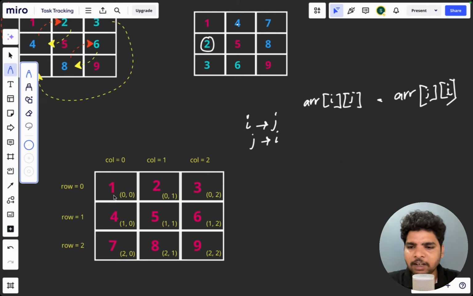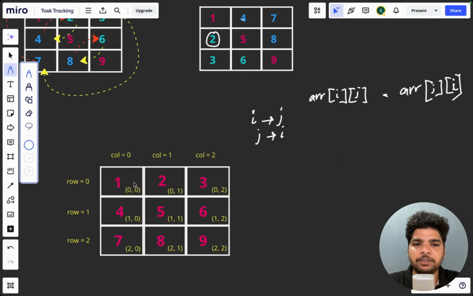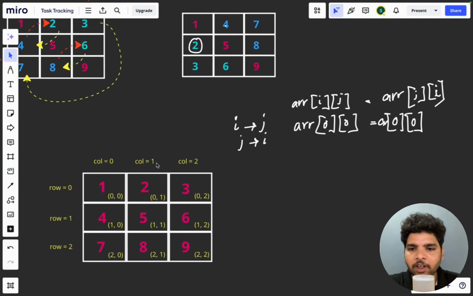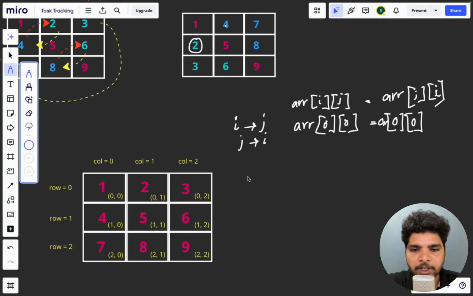Okay. Now let's see. I am at the 0 0 position. Now what will be the operation? arr of 0 0 will be arr of 0 0, because i and j values are the same. What I mean to say is, for the first row, row 0, if we run a for loop and first assume this element, it will be 0 0. Okay, i is 0, j is 0. And if we swap this element with the reverse, the reverse of this will also be 0